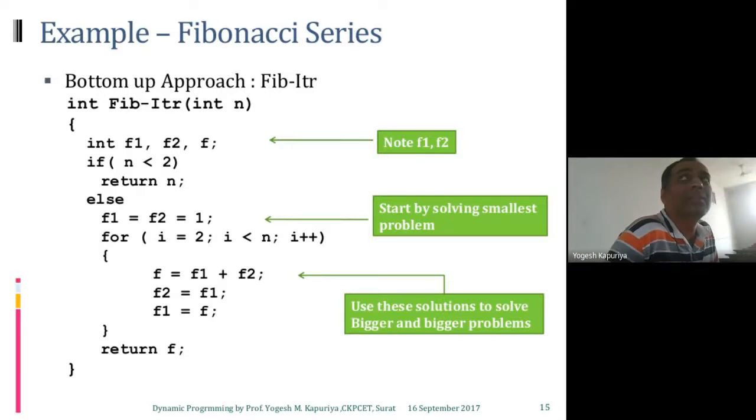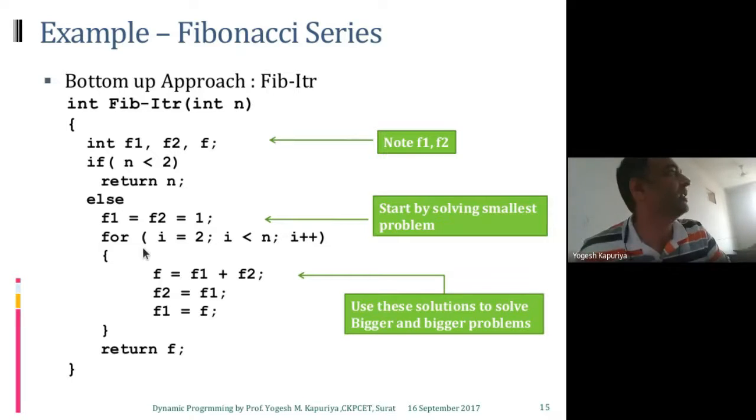Okay, so what is this? It's again Fibonacci of n. The same algorithm, Fibonacci of n. But here we are using the iterative approach. So how do we compute in the iterative approach? Basically, we require three variables, f1, f2 and f3. We'll initialize f1 with 0, f2 with 1, and then we'll compute f3 equal to f1 plus f2, and then we'll change the value of f1 and f2. This is how we write the algorithm for Fibonacci.